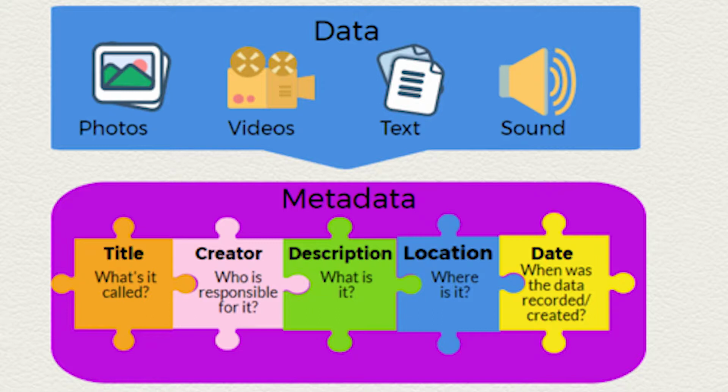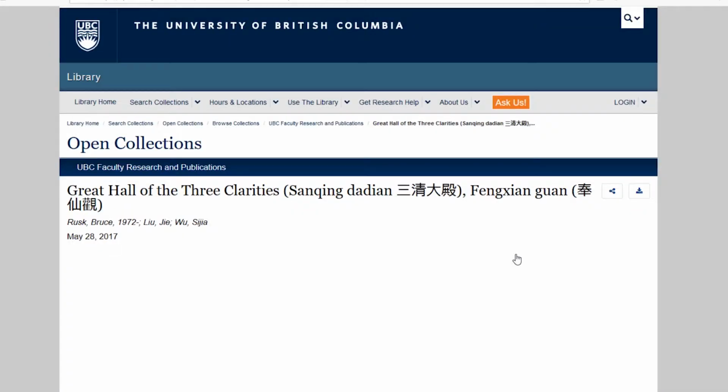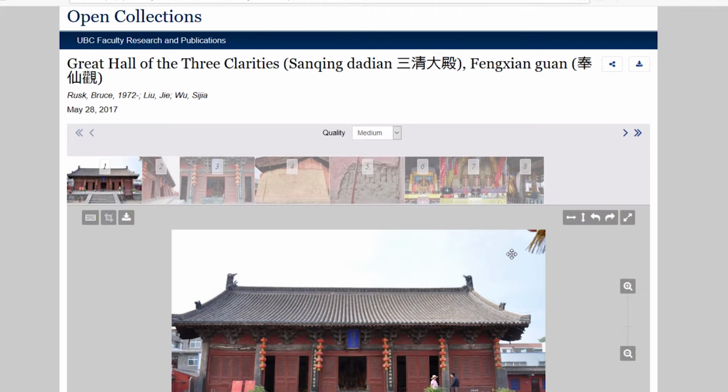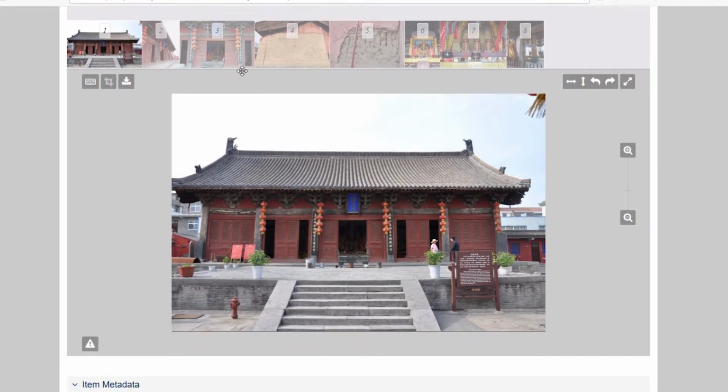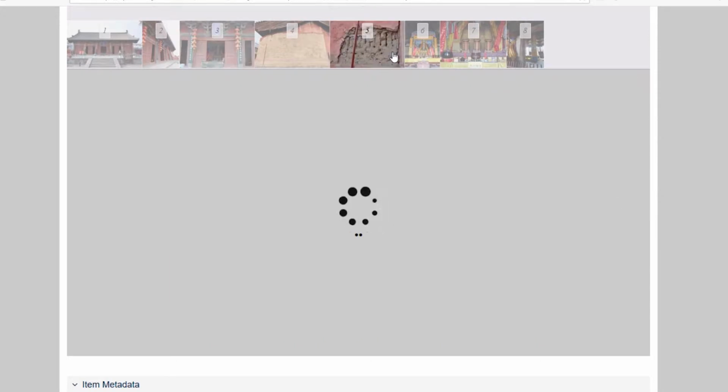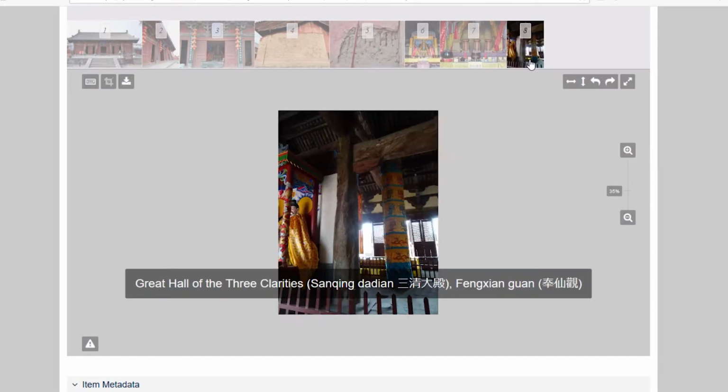So it will be helpful to have an idea of what files you would want to group together into a record. There's no hard and fast rule about what should go in a record, but the two basic principles are, first, that the files should all be closely related, for example, representing the same thing, such as a single building, a sculpture, or a book. Second, they should be manageable in scale, usually not more than 10 or 15 files.